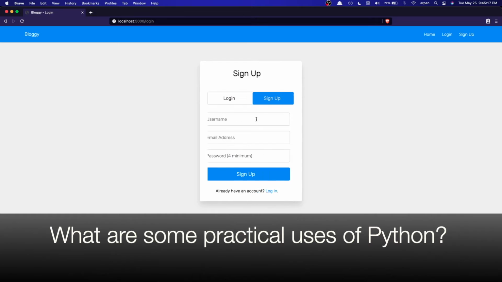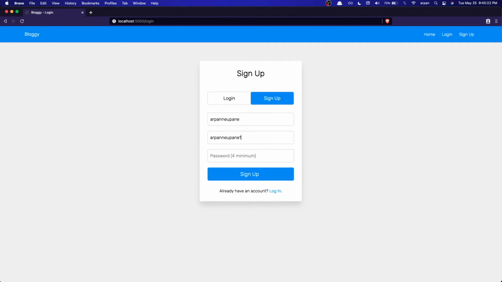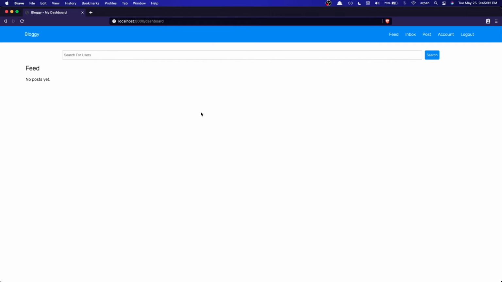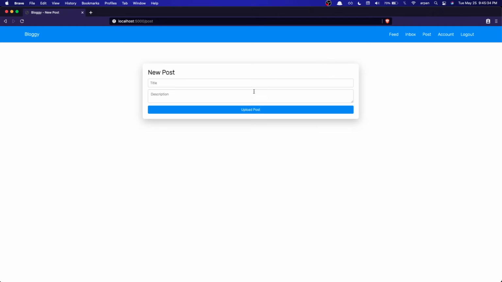So now that we know what Python is, how it's used, and why you should use it, here are some practical use cases with Python. Some practical use cases of Python are in web development, artificial intelligence and machine learning, and data analytics. Here on the screen you can see a web app I made with Python, and Python has web frameworks like Django and Flask for web development. Flask is a bit easier than Django and you can have more control over your app using Flask, but if you're building something more sophisticated and have more experience, Django is the way to go.